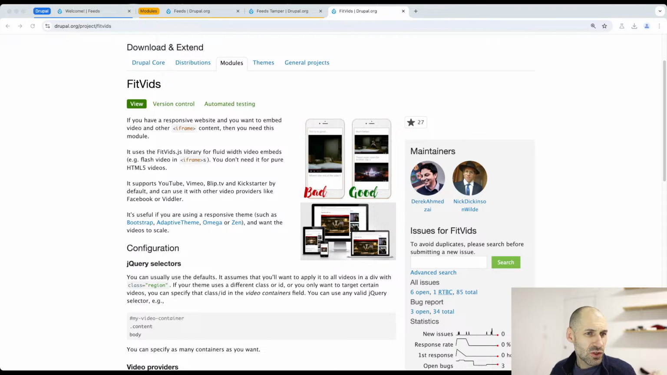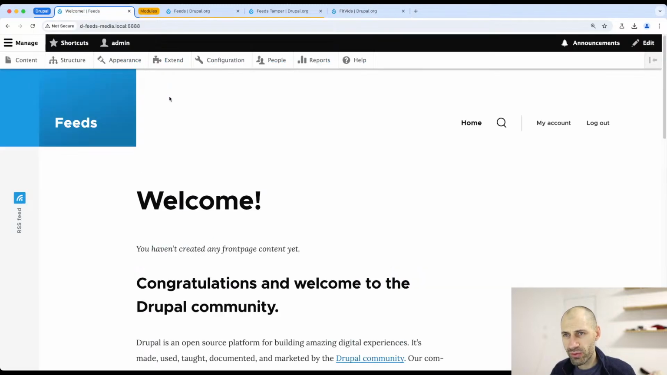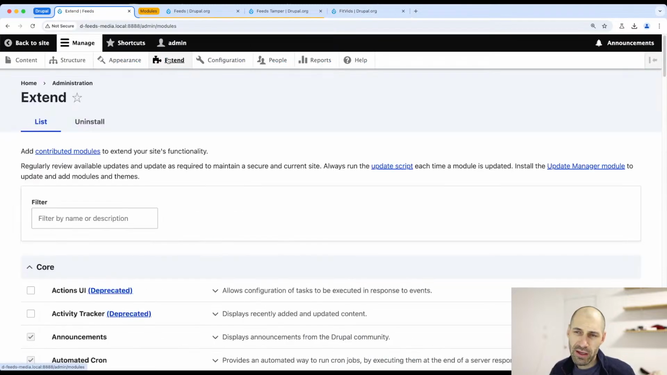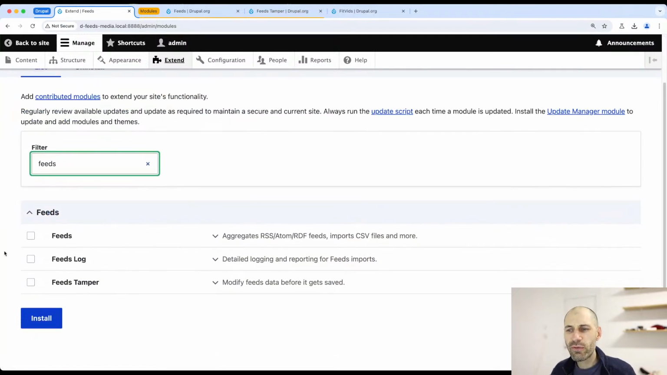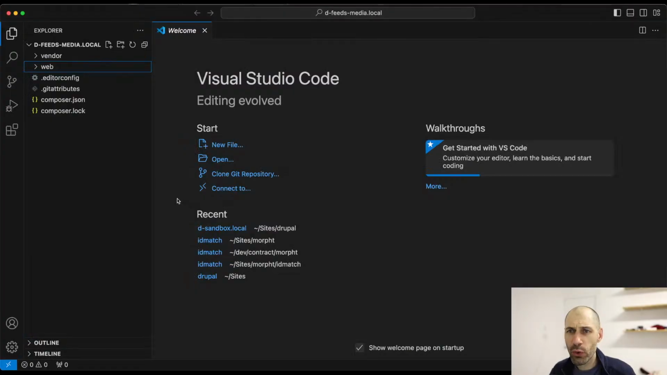All right. So with that, let's jump over to our Drupal site. And what I've got here is just a basic Drupal 10.3 site. There you go, 10.3. And I'll search for feeds. Now, I've already downloaded feeds because I'm sure you don't want to watch me use Composer. However, there is one thing to be aware of, and that is if I jump into VS Code,